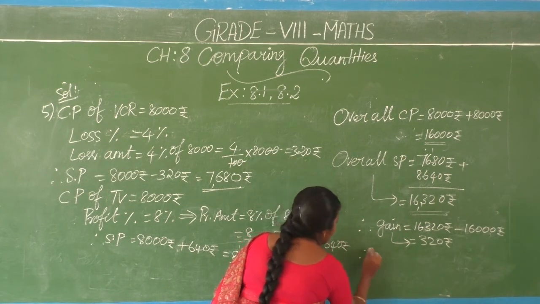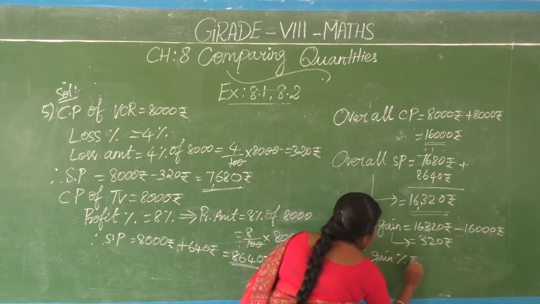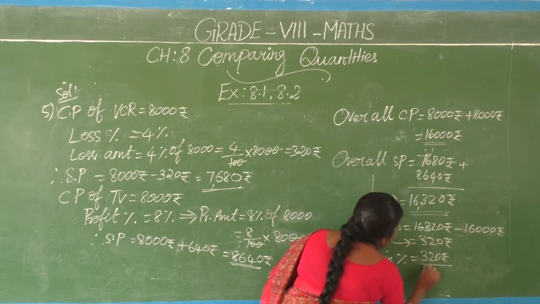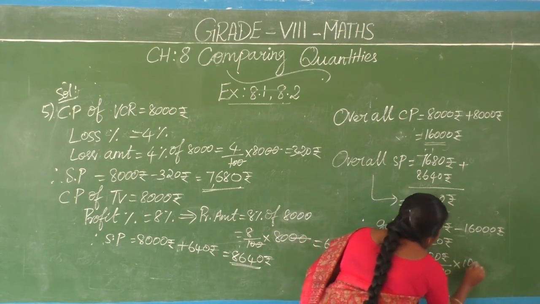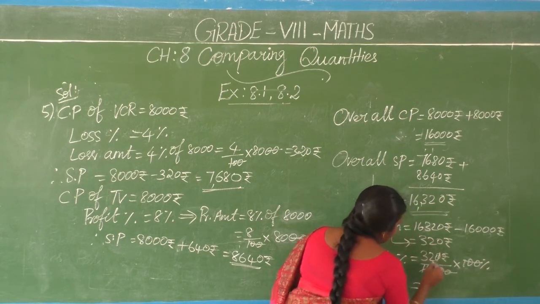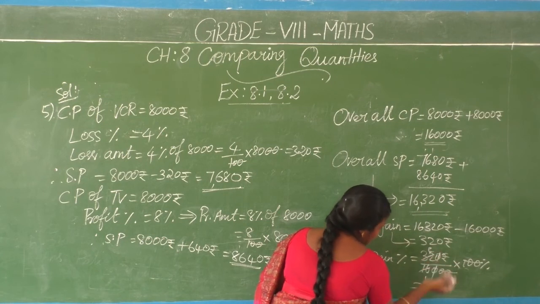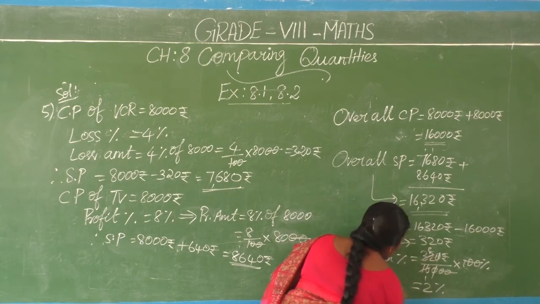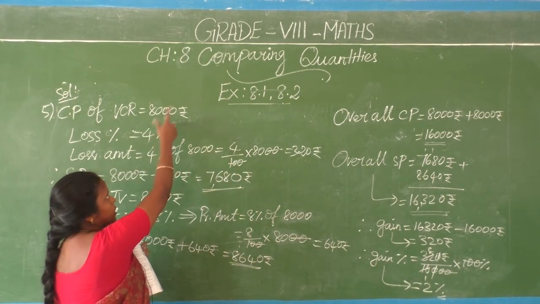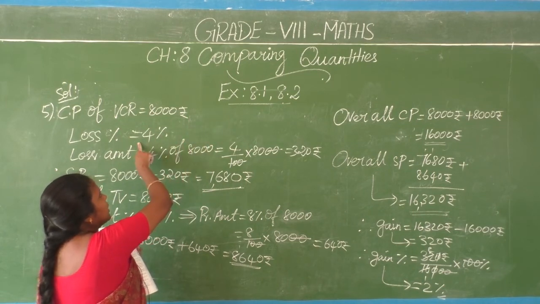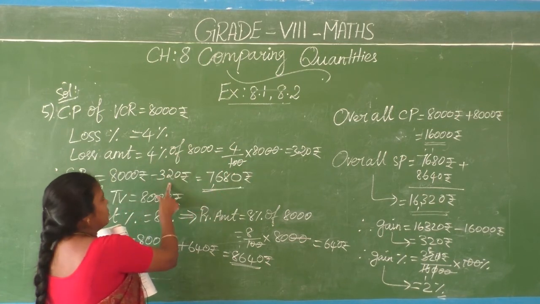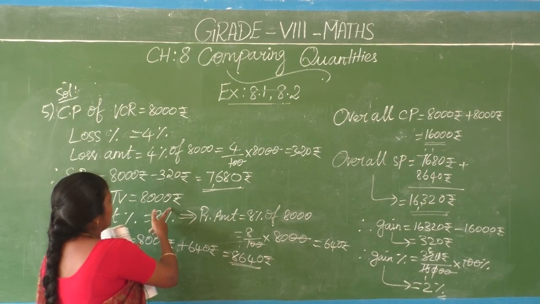What is this as a percentage? Therefore, profit percentage is equal to profit amount by CP, 16,000, into 100%. Okay. So 1 16 is 16, 2 16s are 32. So the gain percentage is 2. That's all. So what we did: two items purchased, cost mentioned as 8,000 and 8,000. While selling them, on one item he got a loss of 4%, so we have to find the loss amount and then the SP of that item. Then for the other selling item we have to find it out.